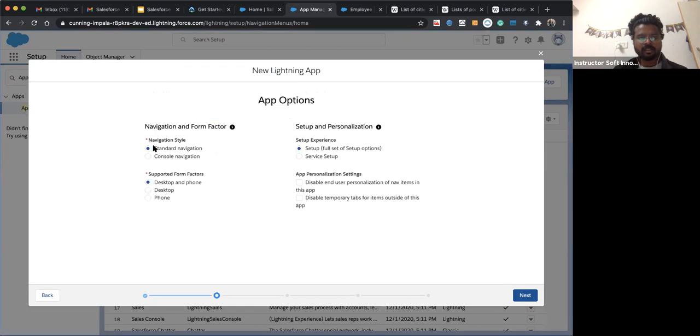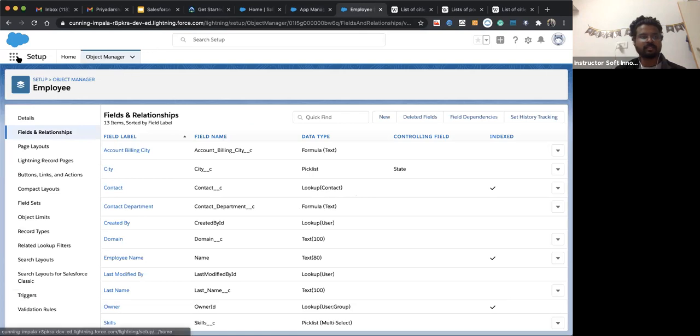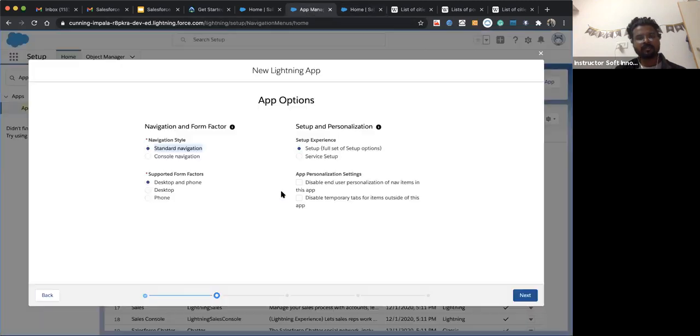Let's make it as it is, standard navigation. This means what you are seeing here. Suppose you open... It's called standard navigation. We will talk about custom navigation and console navigation later on, because before that we need to know what a console is.